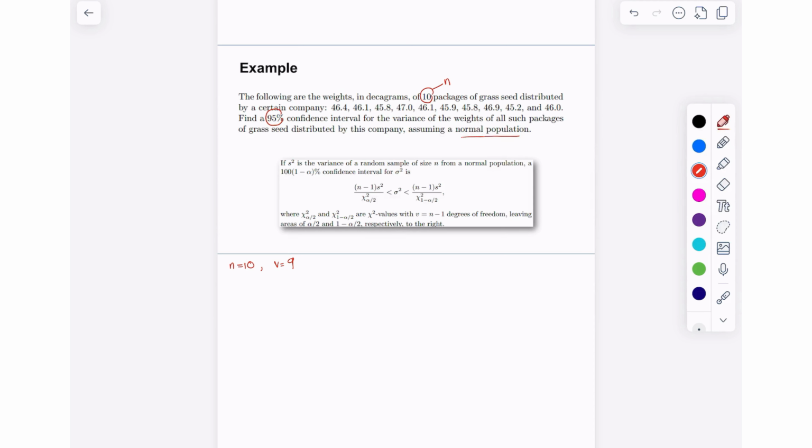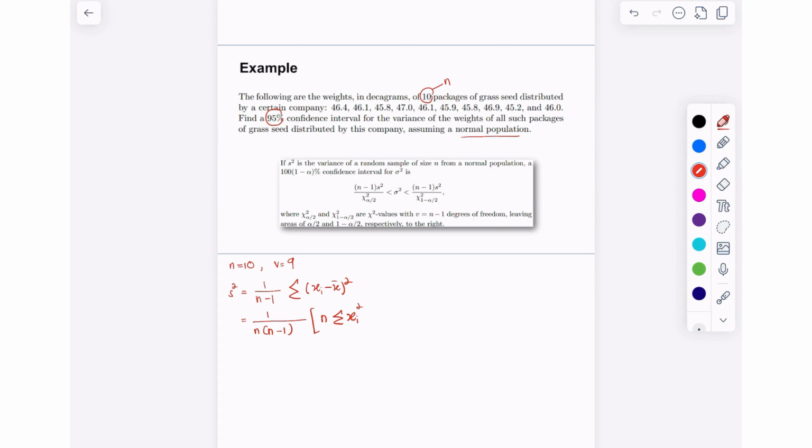Okay, and then we find what is the variance for the samples, that is the S square. There are two formulas to find the variance for the sample. The first one is 1 over n minus 1 multiplied by the summation of xi minus x bar, and then you square. Or you can also use another formula, that is 1 over n minus 1 multiplied by n summation of xi